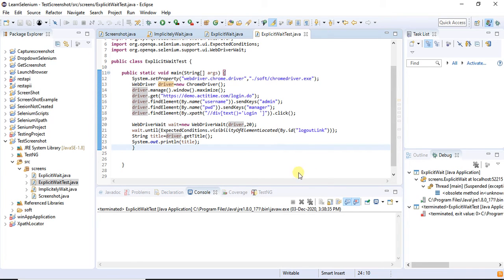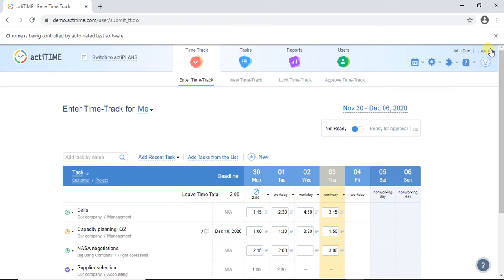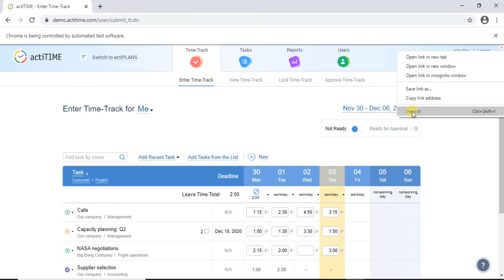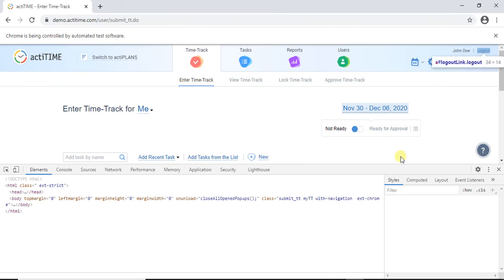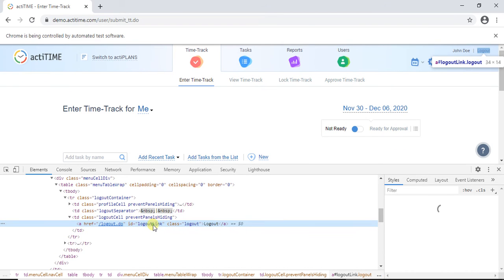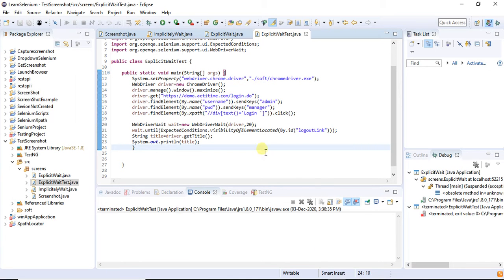Once we are in this page, I have a link called logout. I take its ID as the element locator.